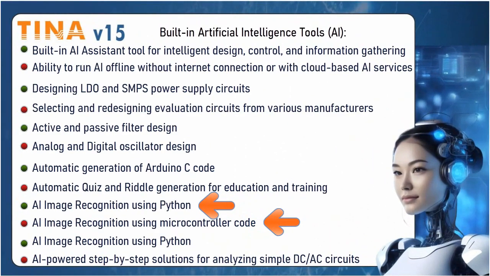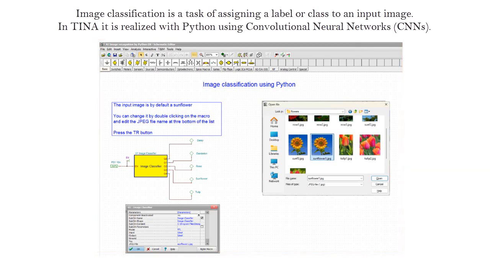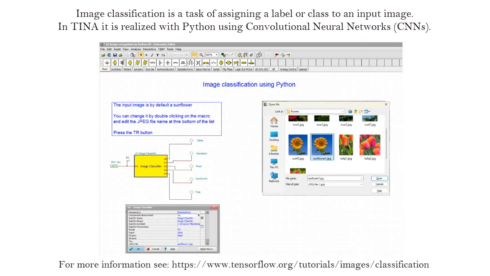AI image recognition using Python and MCU code. Image classification is a task of assigning a label or class to an input image. In TINA, it is realized with Python using convolutional neural networks, CNNs. For more information, see